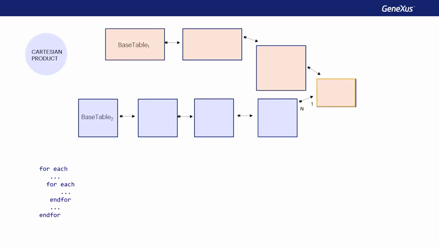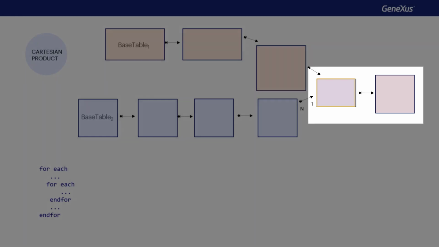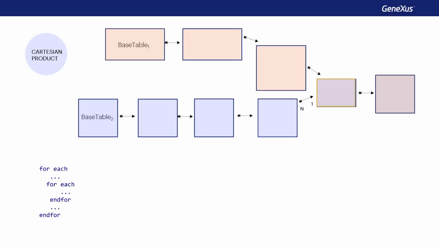The following is an interesting aspect of this case. We add one more table to make it even clearer. If we do the intersection of both extended tables, we're left with the tables in common. Now, if in the main for each, we place attributes from these two tables, clearly, the values that will be taken will be those obtained from each record of the base table that meets the filters. That is to say, they'll be the ones coming from this extended table. But what happens if these attributes are in the nested for each? Are the ones from the extended table of this for each taken?